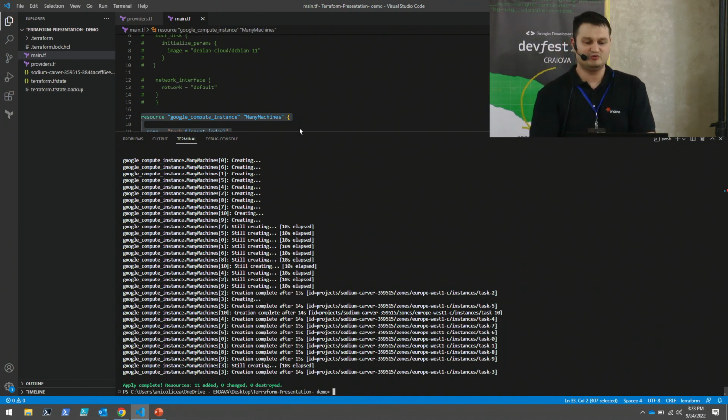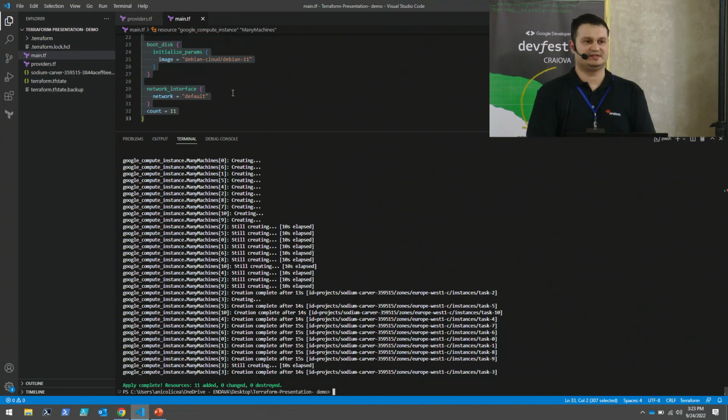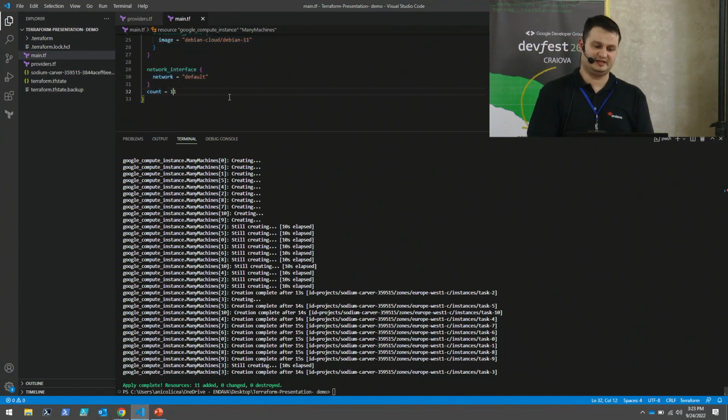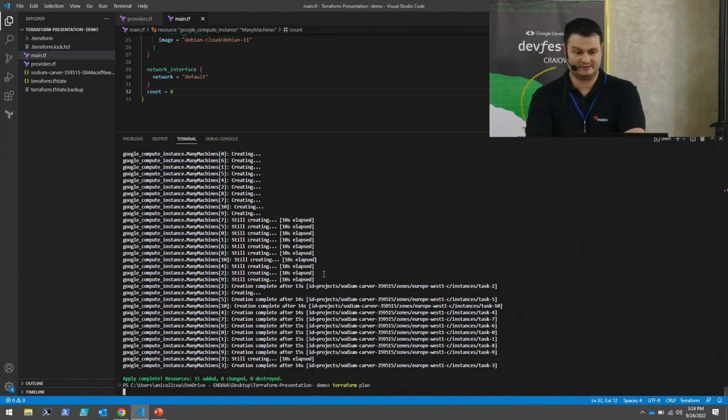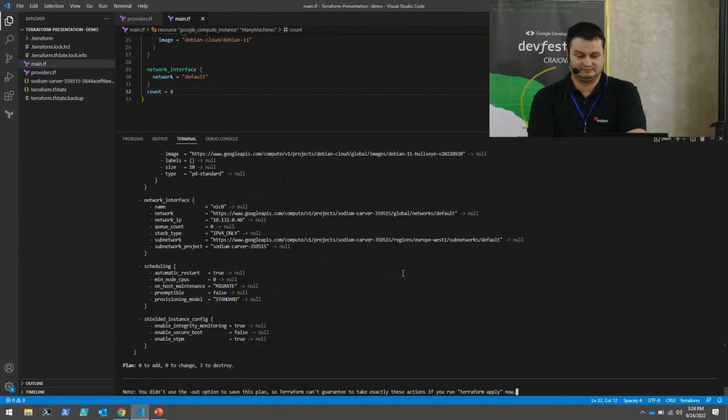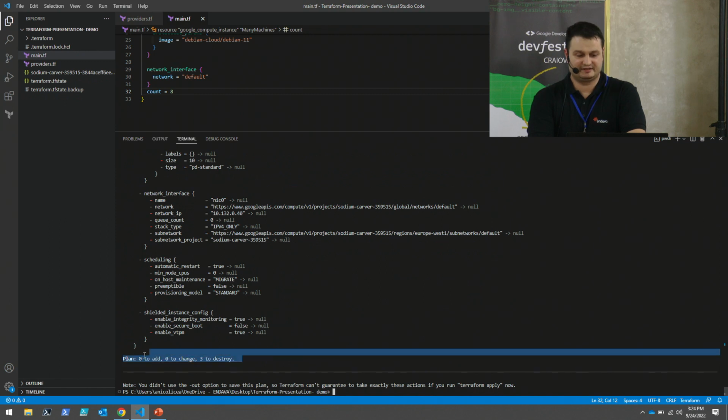We could remove the entire block from our code, or in our case, let's say a friend doesn't need all the 11 instances and needs only 8. We can just do a Terraform plan. And now we can see that its plan is to destroy 3 instances.